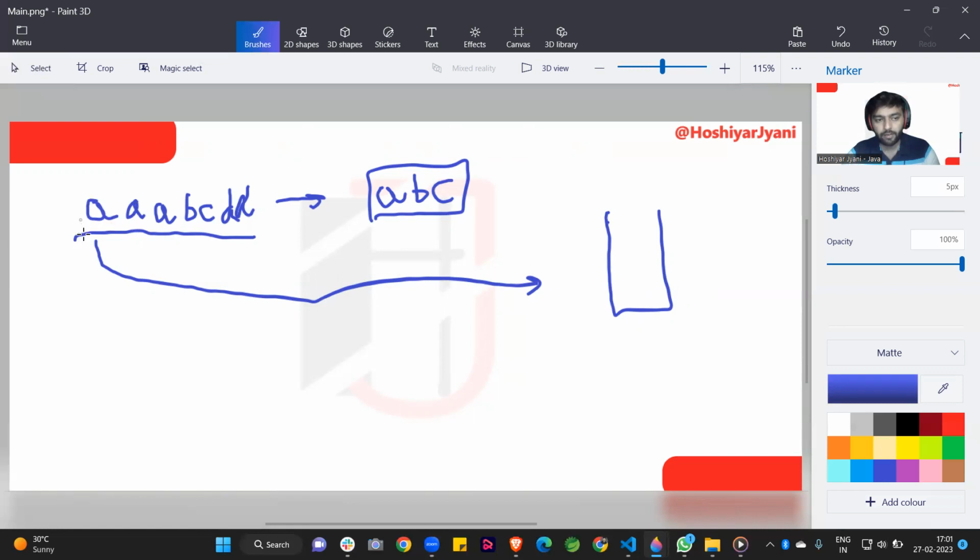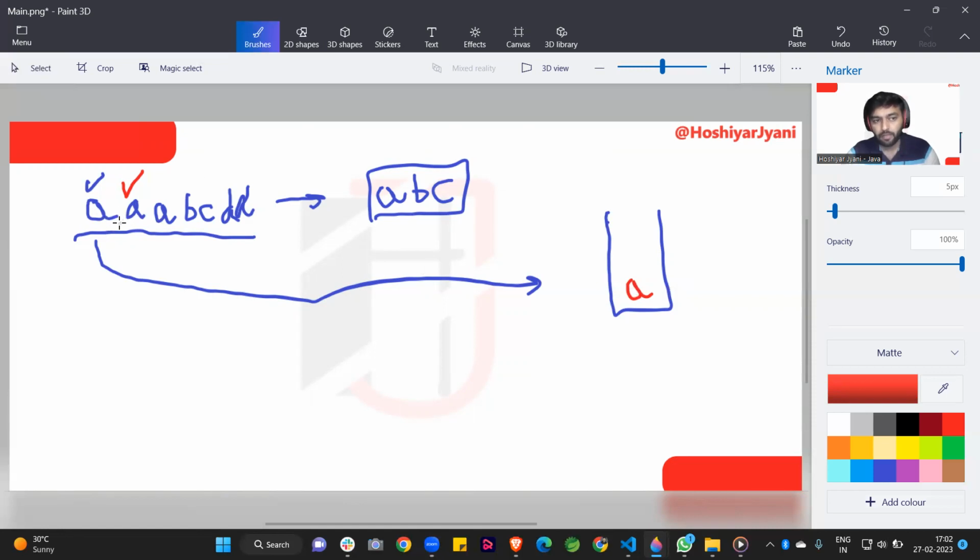First of all, when I iterate for the first one, at that time our loop is here, so I am appending here A. Again, when my loop is at this position, I check whether stack dot peek element is equal to this element.